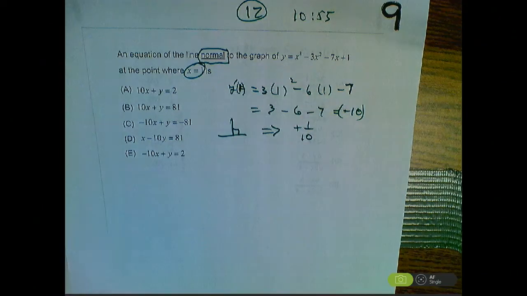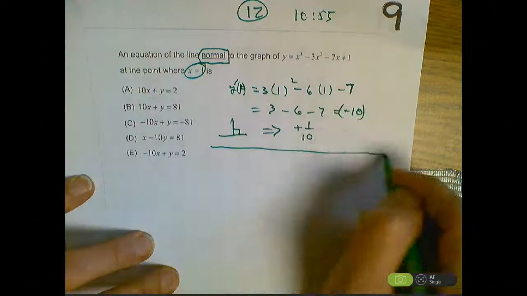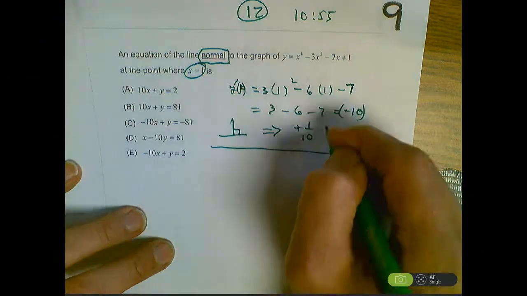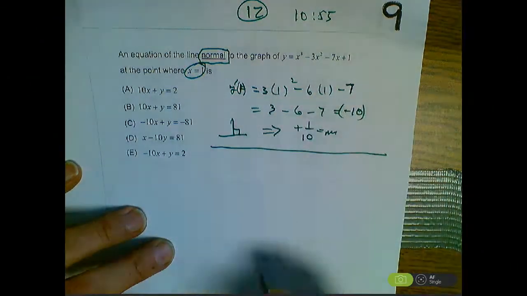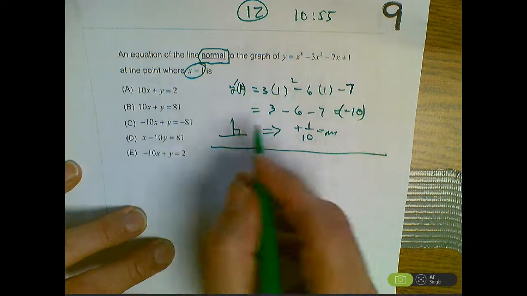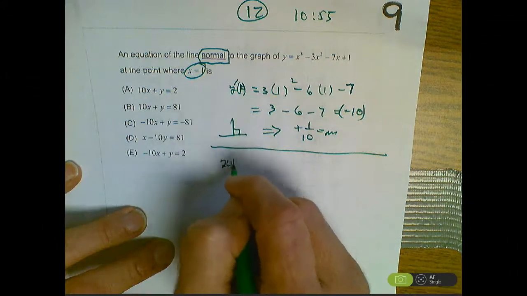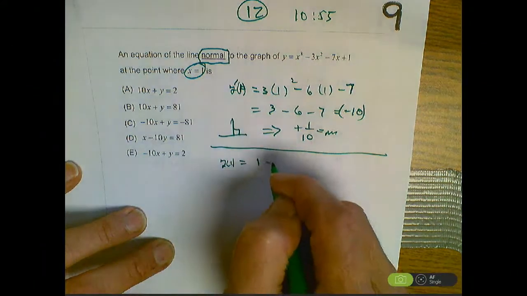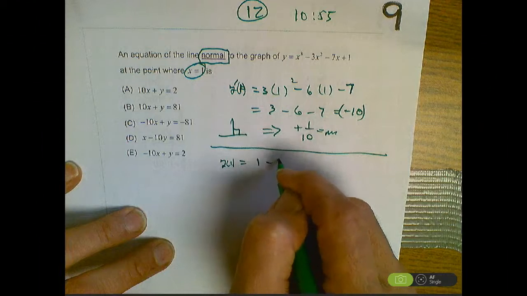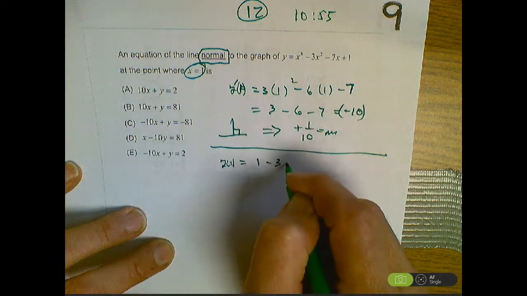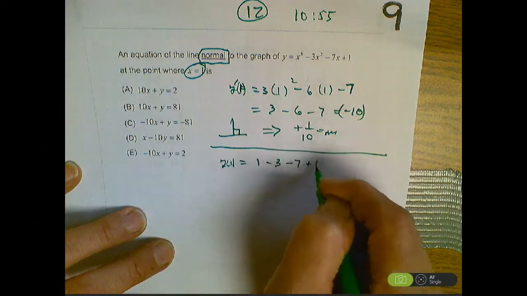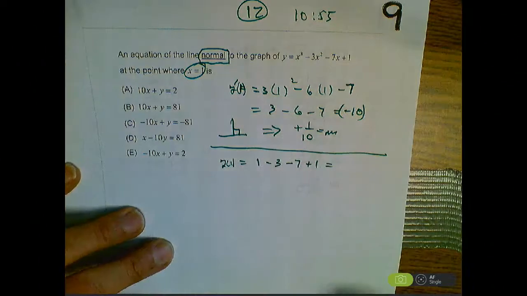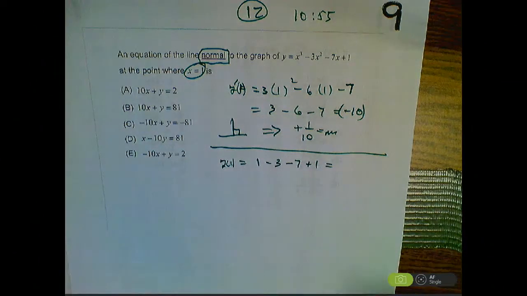Now I know what the slope is. That's m. Now we're going to go with what's the y-coordinate. So y at 1 is equal to 1 cubed, which is 1, minus 3 times 1 squared, which is 3, minus 7 times 1, which is minus 7, plus 1. So the y-coordinate, what's that? The only one on there with the slope